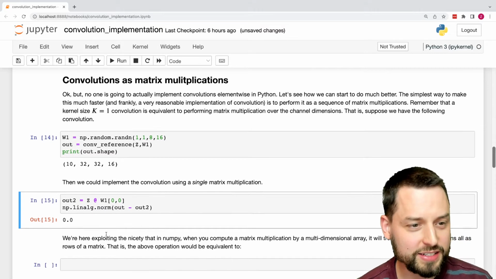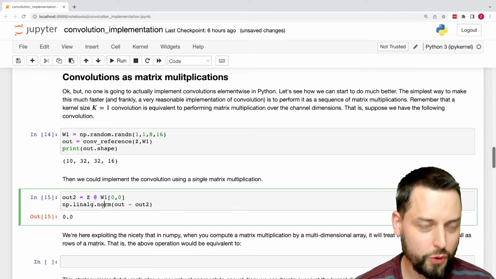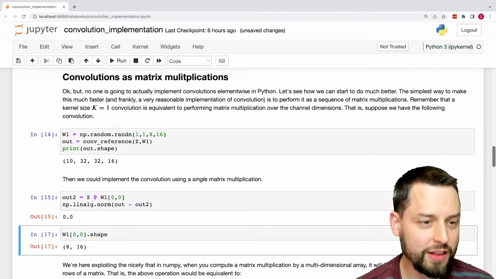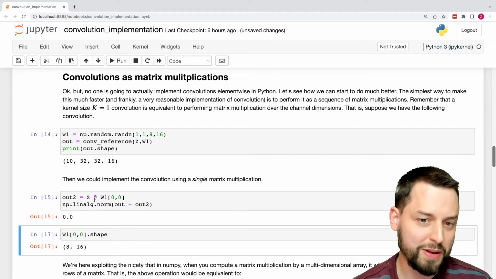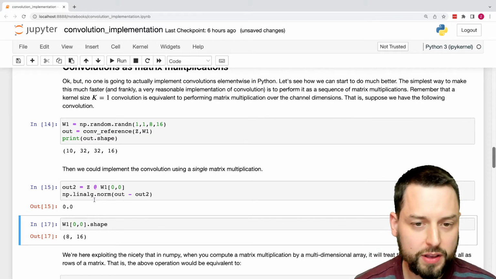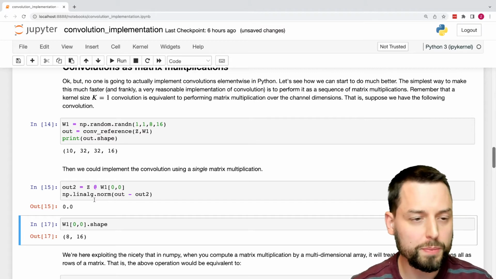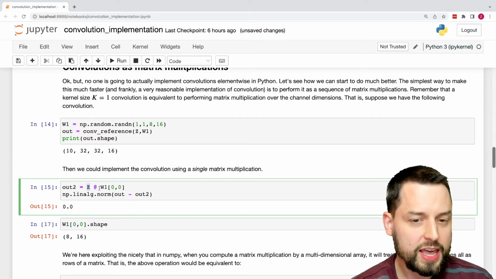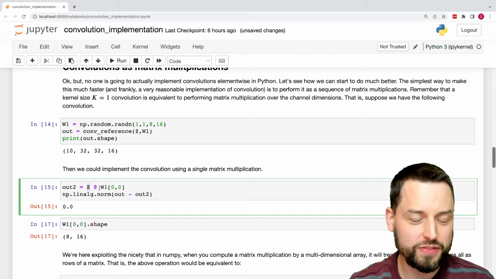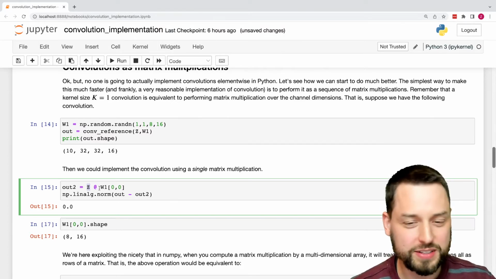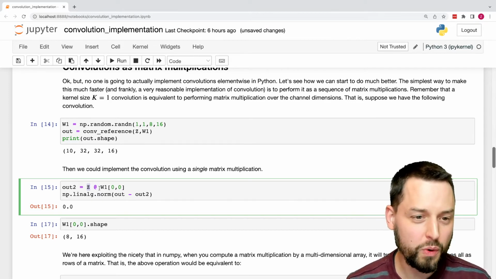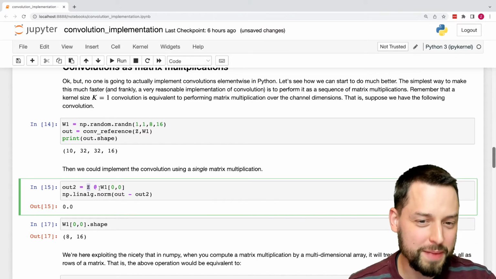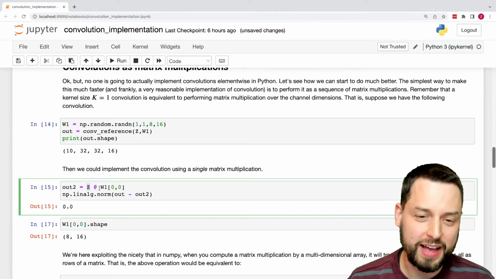Okay. And, as you can imagine, these are all the correct sizes, right? So W1, 0, 0, I should look at the shape. That's just going to be an 8-by-16 matrix, and multiplying it by this is just a matrix product. Now, this is actually exploiting a property that's very convenient in NumPy, which is that when you multiply a tensor, remember Z is a rank 4 tensor, by a matrix, it treats all the leading dimensions as if they were more and more rows in this matrix. Okay, so Z's a rank 4 tensor, but what it does is it basically treats Z as a matrix of all the first 3 dimensions by the last dimension, does that as a matrix multiply, and then reshapes it accordingly,